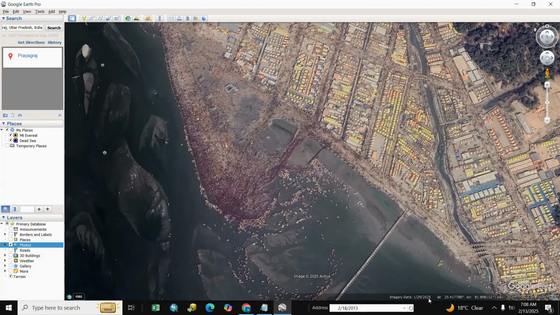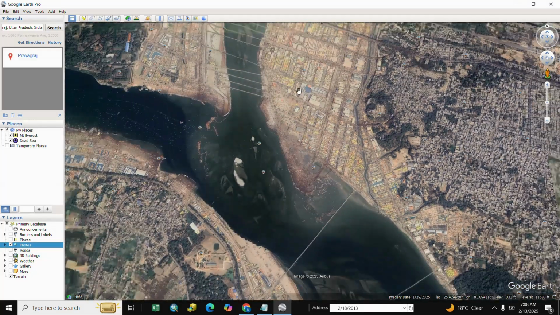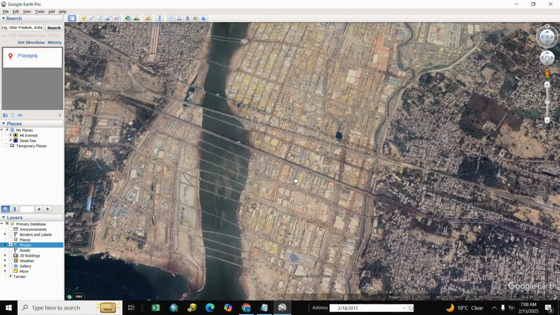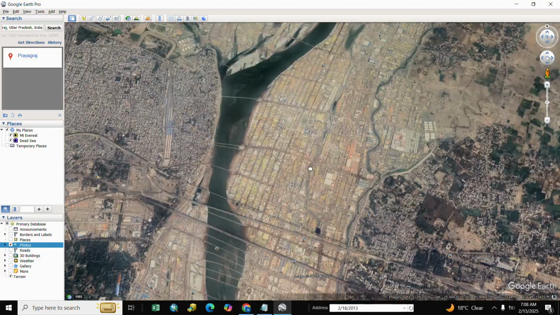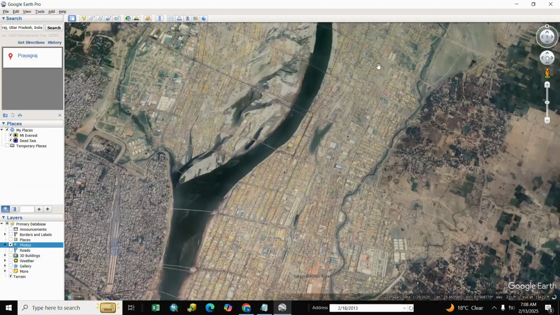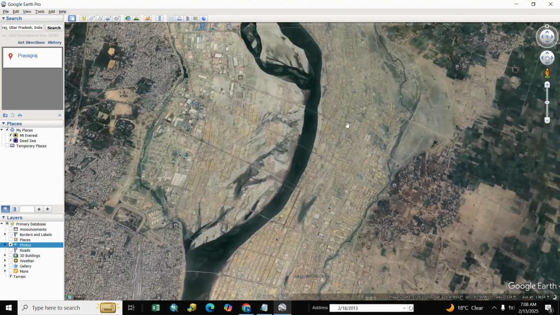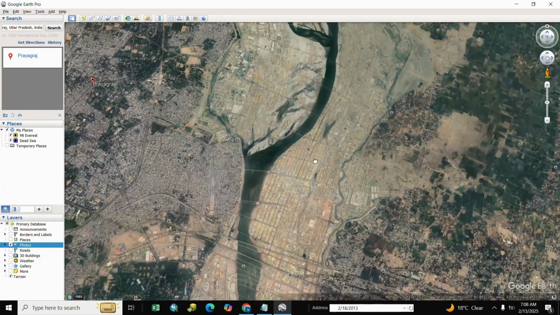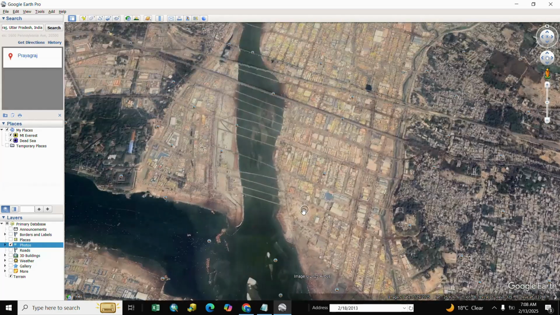Here is the latest image, 29 January 2015, and if you look at all the infrastructure of the Mahakumbh area, all infrastructure and management, very good management.